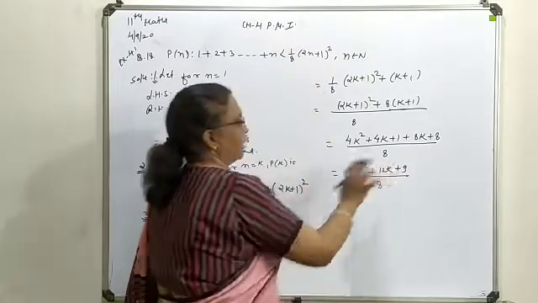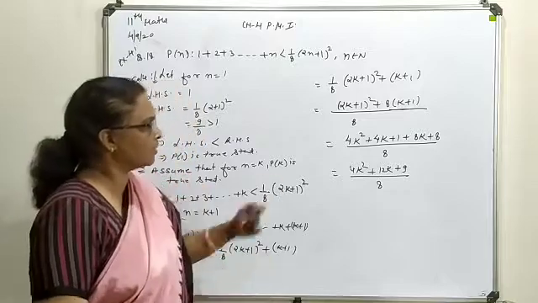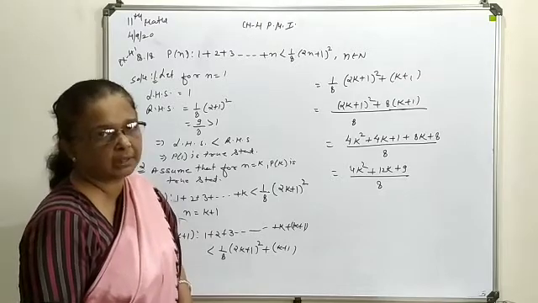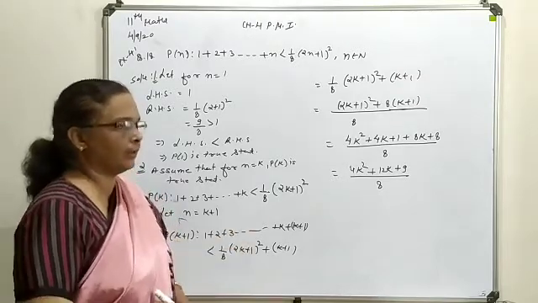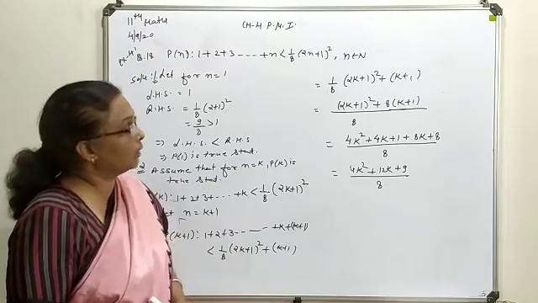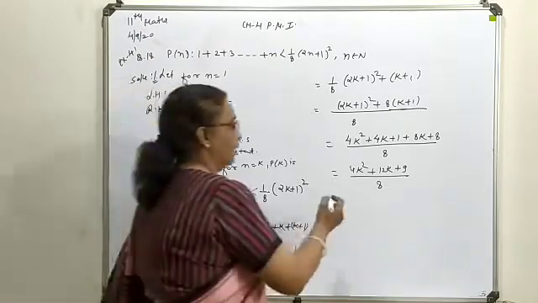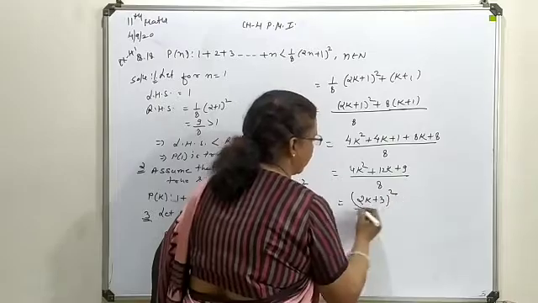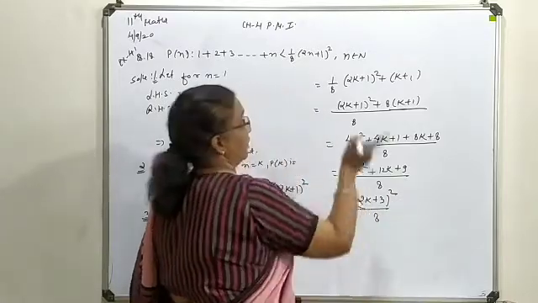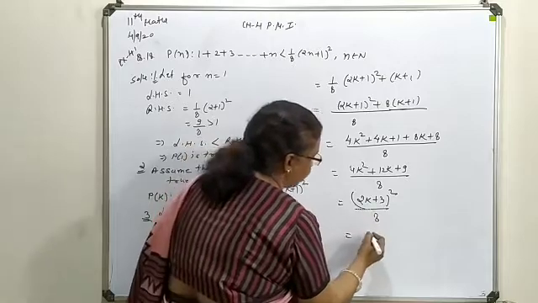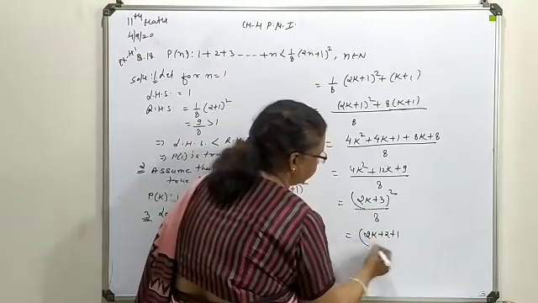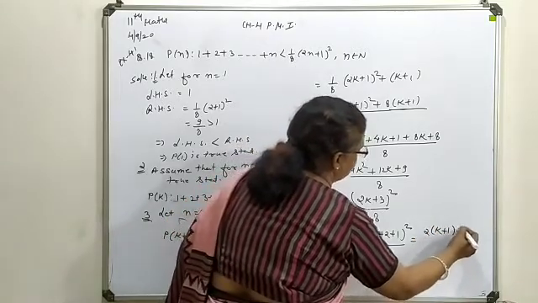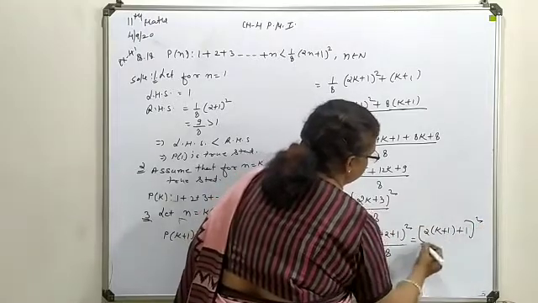upon 8. If you look at the first and the last term, you can see this is a perfect square: the first term is the square of 2k and the last term is the square of 3. So the middle term you can easily find as 2 into 2k into 3, meaning 12k. So this you can turn into the form of a perfect square as (2k plus 3) whole square upon 8. Here this you can split in the form 2k plus 2 plus 1, means 2 common, (k plus 1) plus 1, its square upon 8.